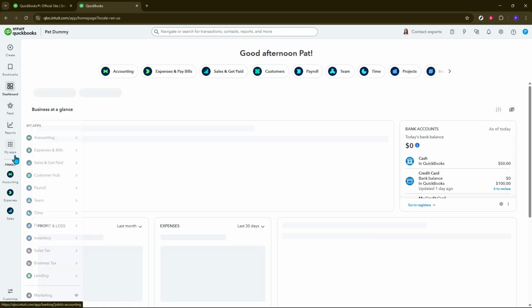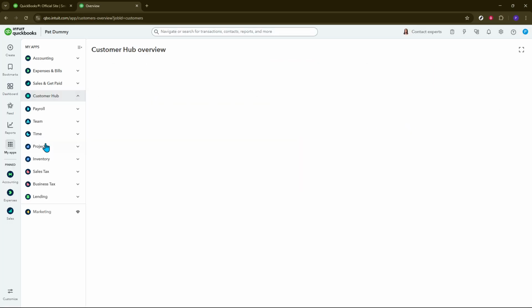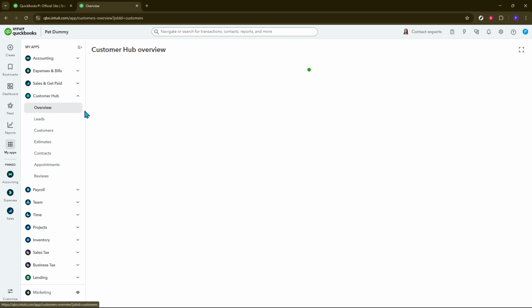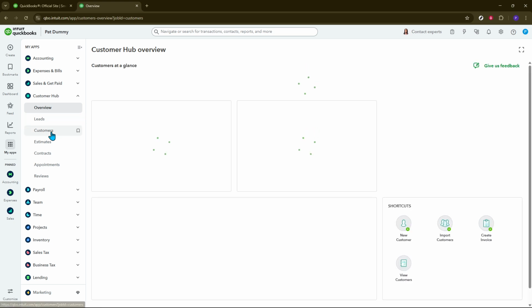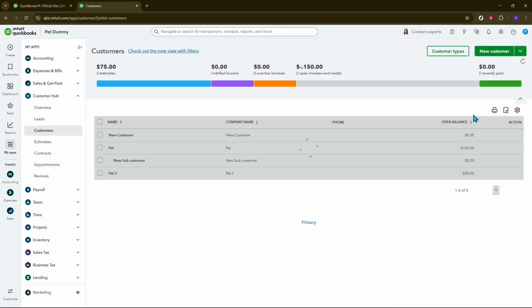Now, it's time to visit the Customer Hub, which is the home for managing all your customer information. Here, click on the Customers tab. This takes you to a page where you can see a list of all existing customers. To add a new customer, locate the New Customer button at the top right corner of the screen. Clicking this will open a form where you can fill in your customer's details, such as their name,